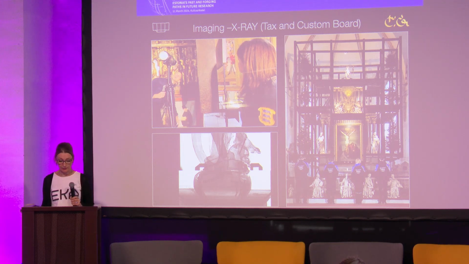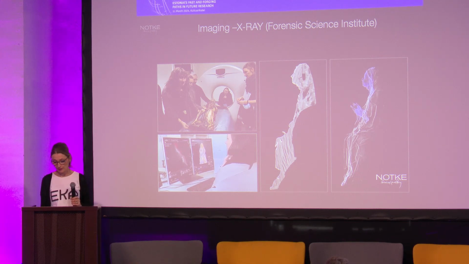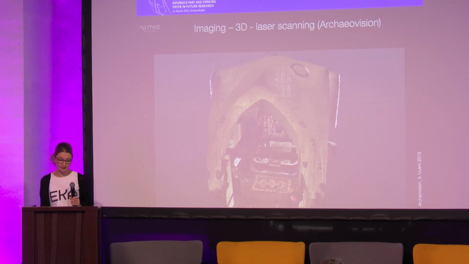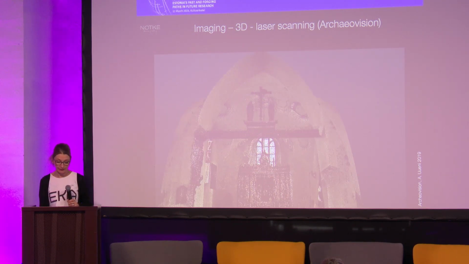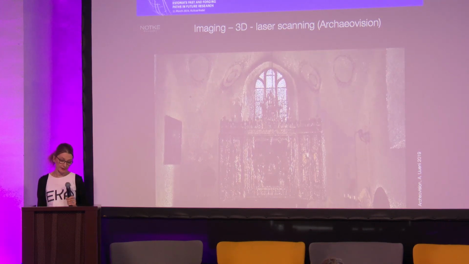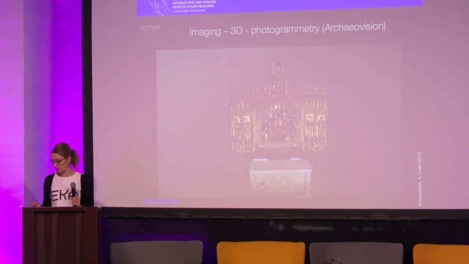If tomographic investigation is needed, sculptures travel to the Forensic Science Institute, and by means of computer tomography, we are able to see the X-ray image three-dimensionally. In order to map and document the artworks, different 3D documentation methods are more and more applied in the field of cultural heritage. Here you see the laser scanned Notke's altarpiece in Holy Spirit Church